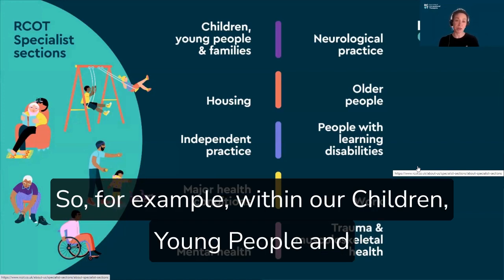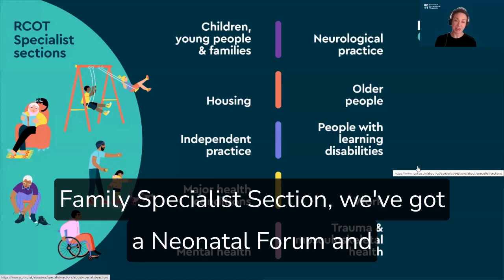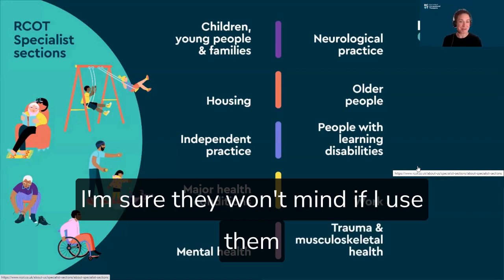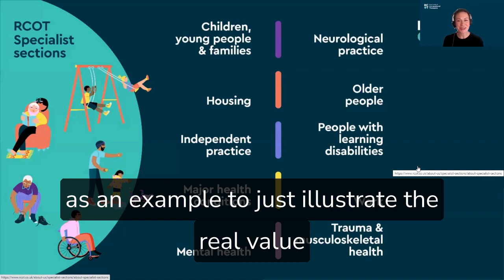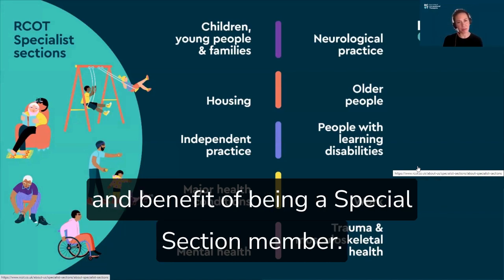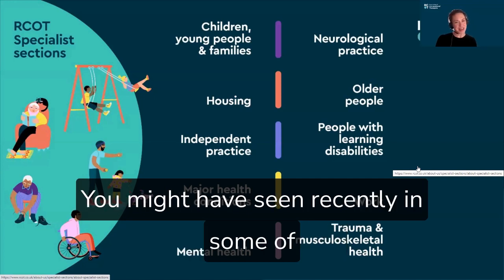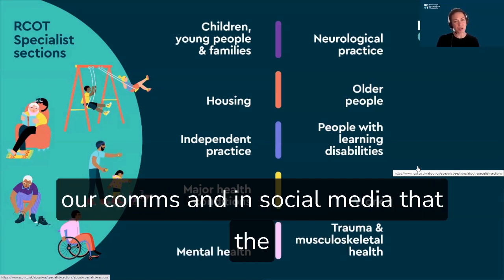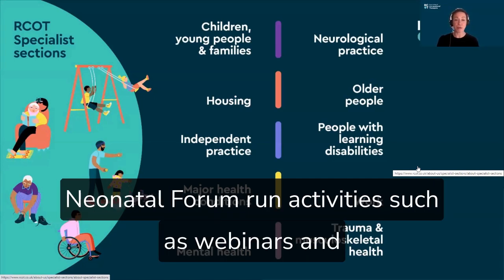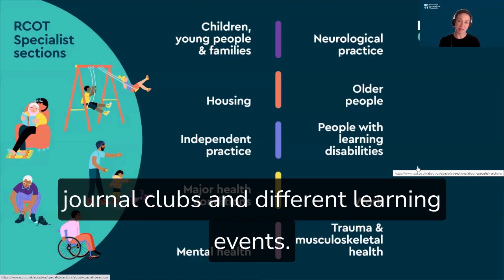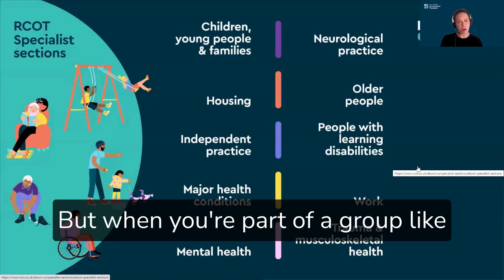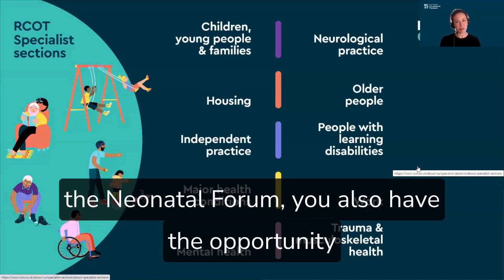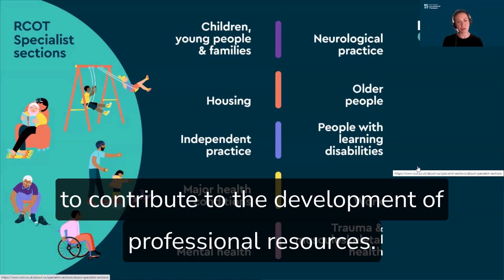For example, within our children, young people and family specialist section, we've got a neonatal forum, and I'm sure they won't mind if I use them as an example to illustrate the real value and benefit of being a specialist section member. You might have seen recently in some of our comms and on social media that the Neonatal Forum run activities such as webinars, journal clubs and different learning events. But when you're part of a group like the Neonatal Forum, you also have the opportunity to contribute to the